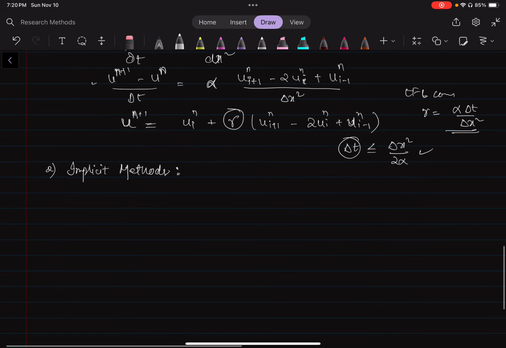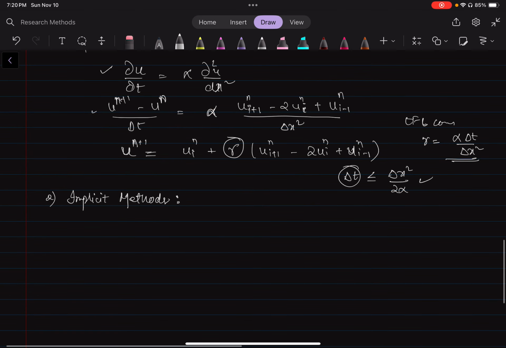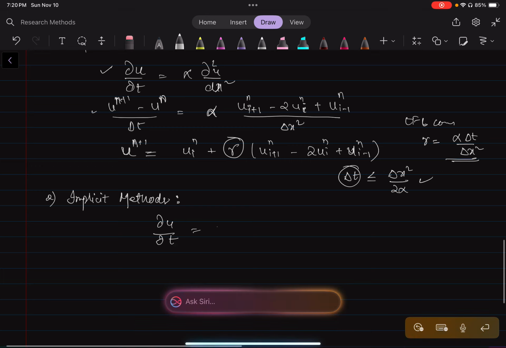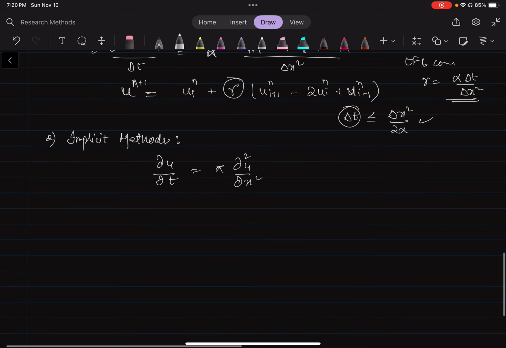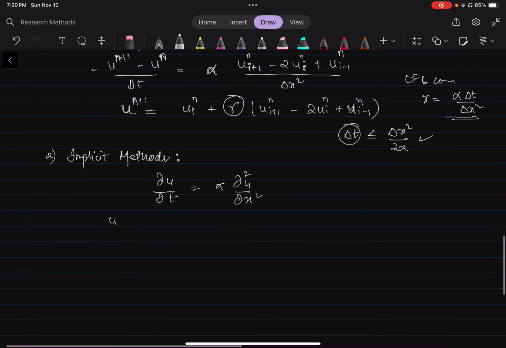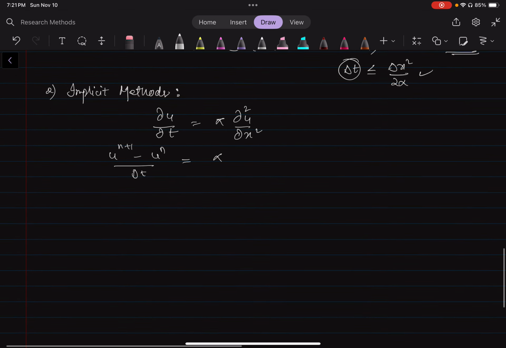Then we move on to implicit methods. In case of implicit method, we consider the same equation, and in this we try to discretize this in an implicit form. So in this particular case, we have this in implicit form. This is backward Euler, and this we particularly solve for the next time step, which basically comes out to be